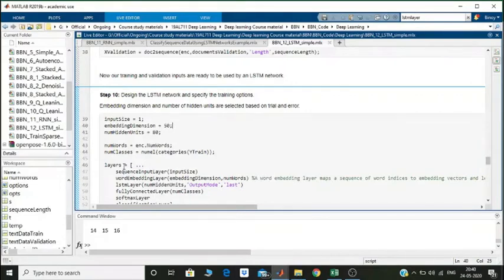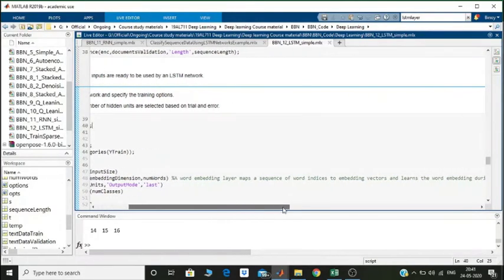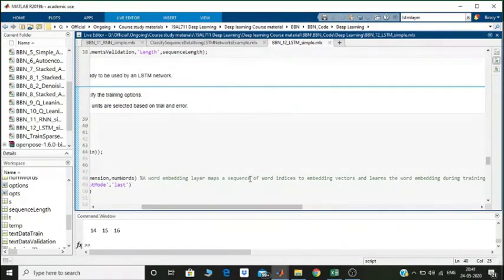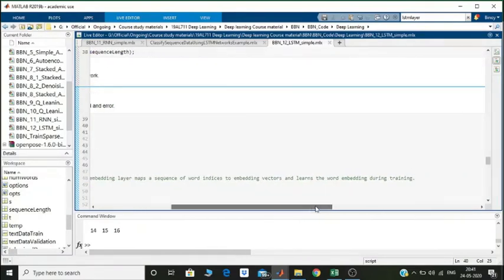After that, you set the layers. The first layer is the sequence input layer of size input size. Input size is 1 always. Next comes the word embedding layer of the embedding dimension and number of words. A word embedding layer maps a sequence of word indices to embedding vectors and learns word embeddings during training.